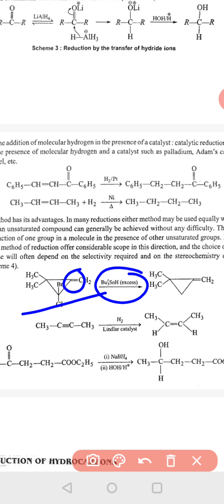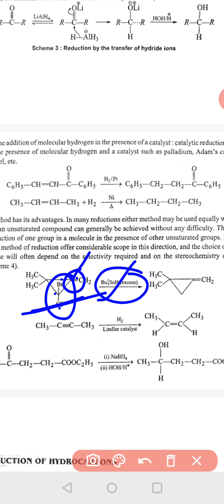This is an alkene and this is a carbon which is attached to bromine and chlorine, bromide and chloride. What happens is the reduction can occur at both places. Here hydrogenolysis can occur and here hydrogenation can occur. But when we use this specific reducing agent, then hydrogenolysis occurs and both chloride and bromide are